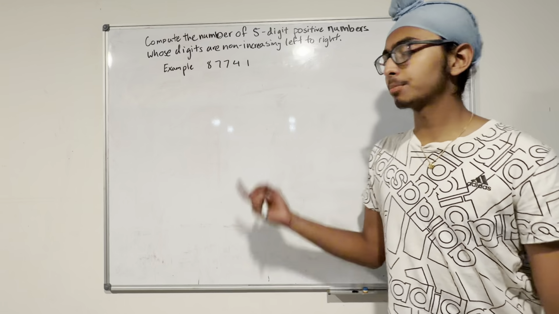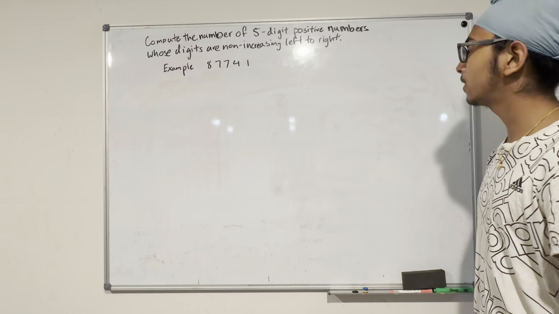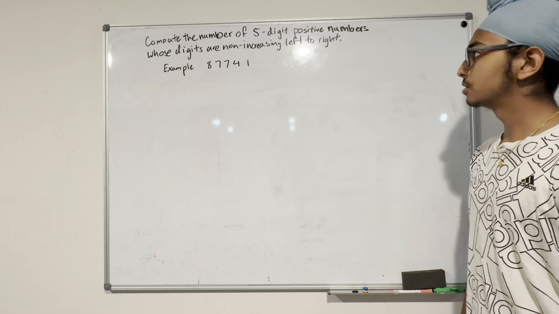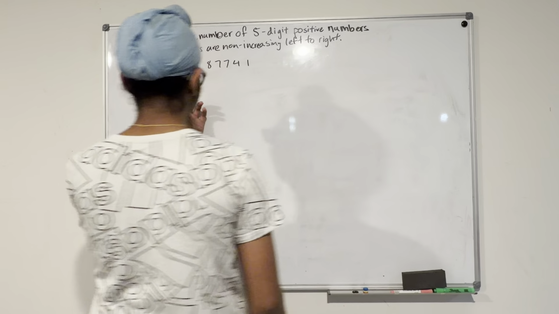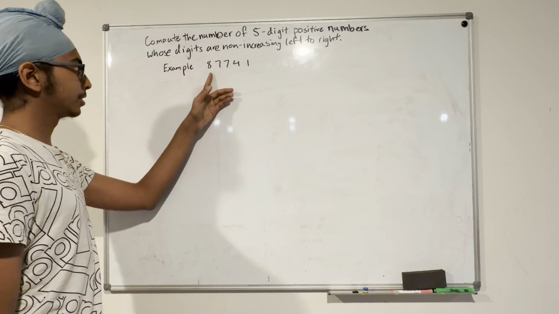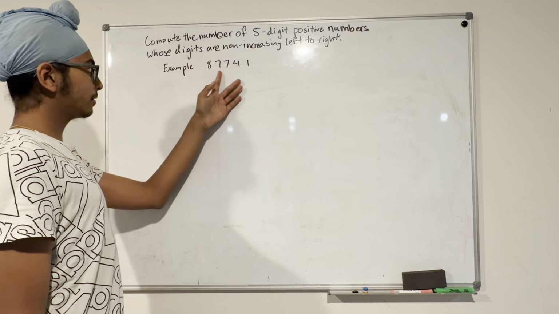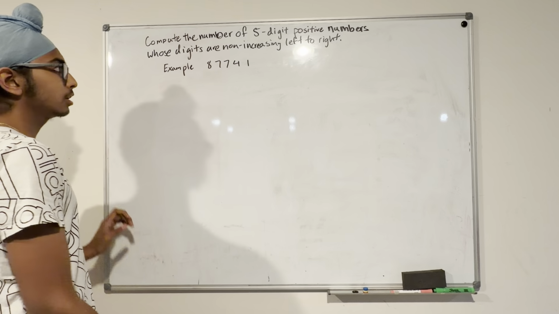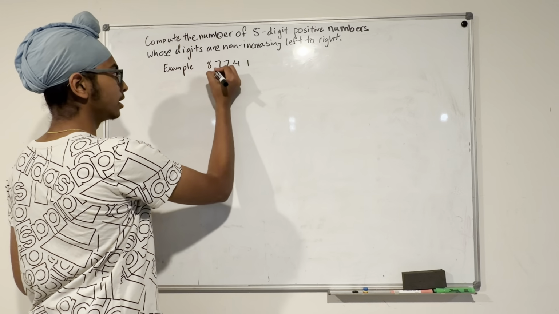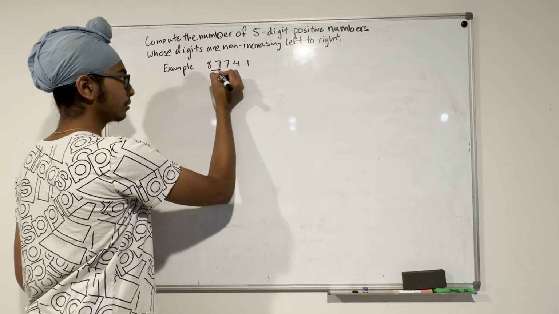And here's a problem given to us. Compute the number of 5-digit positive numbers whose digits are non-increasing left to right. So let's start with this example, which has the number 87,741. So what makes this number non-increasing is that every digit either goes down from left to right, so how